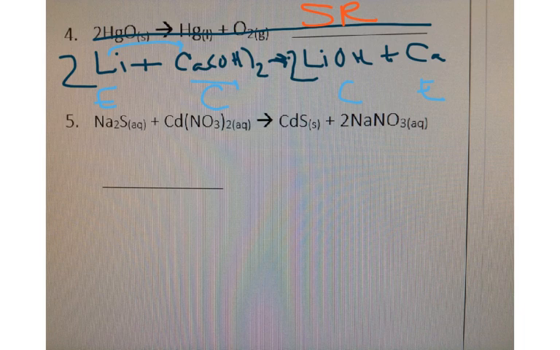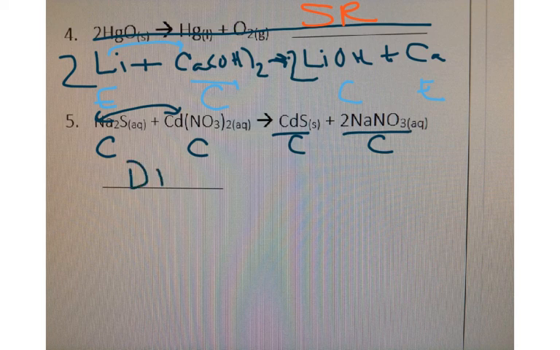Number 5, I'm going to look for that combustion reaction. Once again, I don't produce that carbon dioxide and water, so I know this is not going to be a combustion reaction. So I'm going to label this guy a compound, that guy a compound, compound, compound. So 2 compounds that undergo a wife swap. So notice that the Cd switches with the Na, and now Cd is where Na was, so it's hooked up with S, and Na is now where Cd was, so it's hooked up with NO3. So I've got 2 compounds producing 2 new compounds, so this would be a double replacement or double displacement reaction,